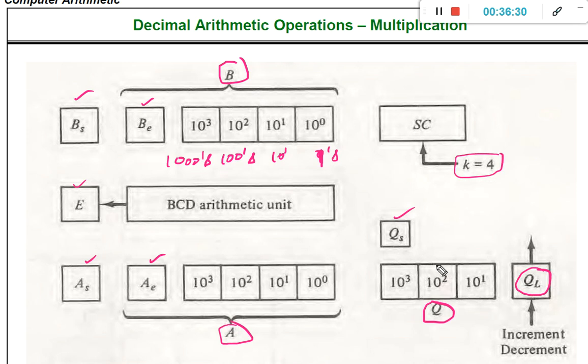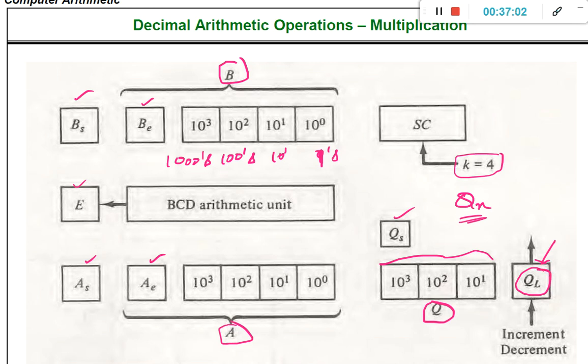Here you can see that we are bifurcating the Q register into 3 digits, and the most significant bit is considered as QL. You might remember that in binary multiplication and division, we considered the QN value. Like that, here we are going to consider the QL value, and based on the QL value, we are going to perform the operation.